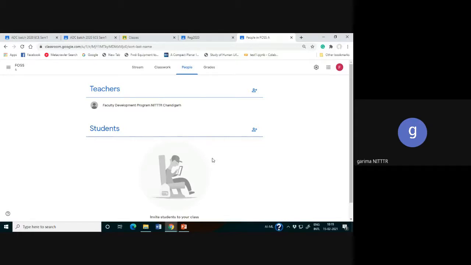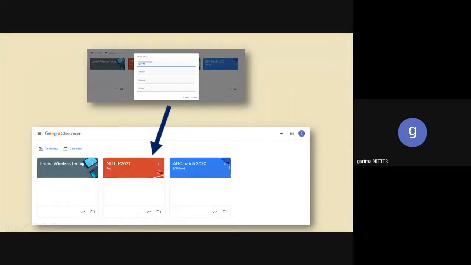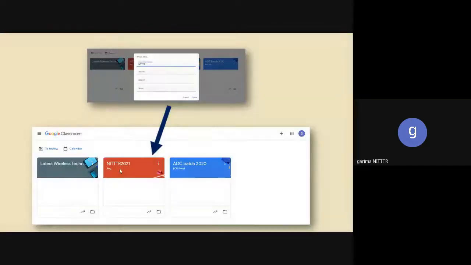I have created this class, and then I can edit it. When I have created it on Google Classroom, I get this page information, as we have seen, it was FOSS section A. I have already created classes for my students, such as this one, Knitter 2021 regular mode. Because we have regular and modular mode, I have identified that as a section of regular mode.